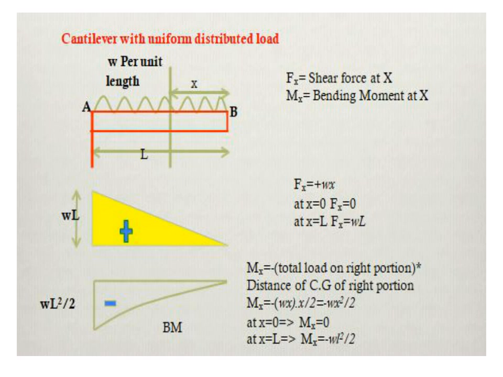After that, mark the values, we get the shear force value. Shear force at B point we have 0, at A point we have plus W L. So mark the W L above B, we get the shear force as triangular shape. And next mark the bending moment diagram: at B point bending moment value 0, at A point we get minus W L square by 2, mark anywhere on the downside. So now join this line as a curve.